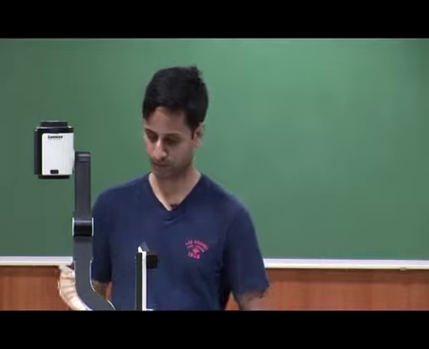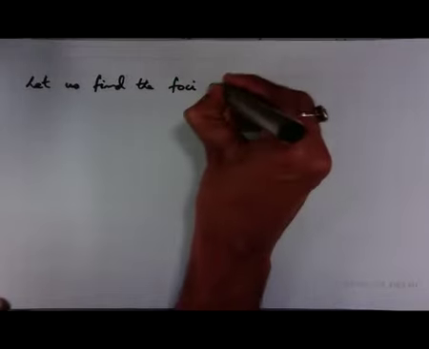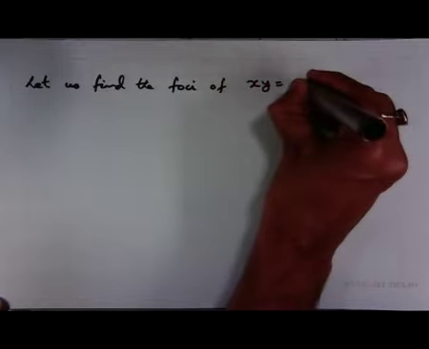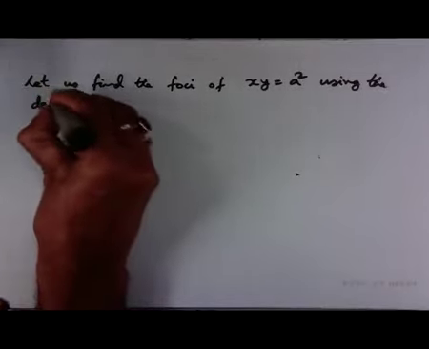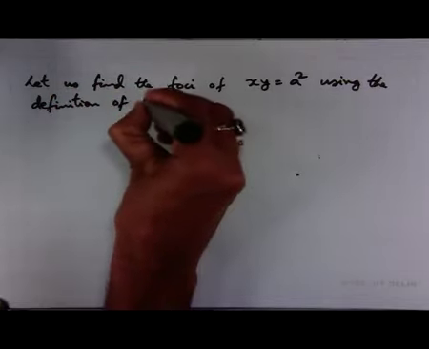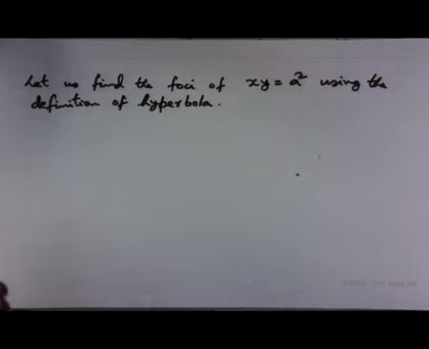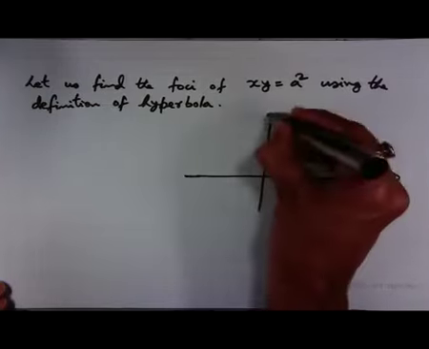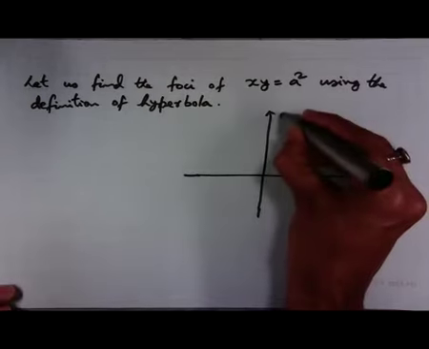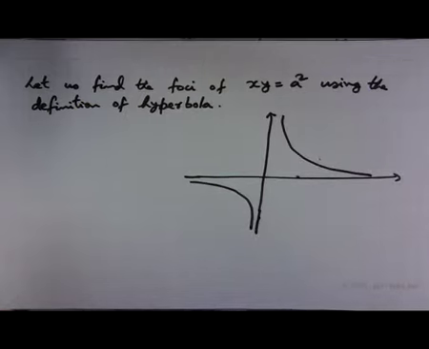So, let us find the foci of x y equal to a square using the definition of a hyperbola. We have this hyperbola x y equal to a square,